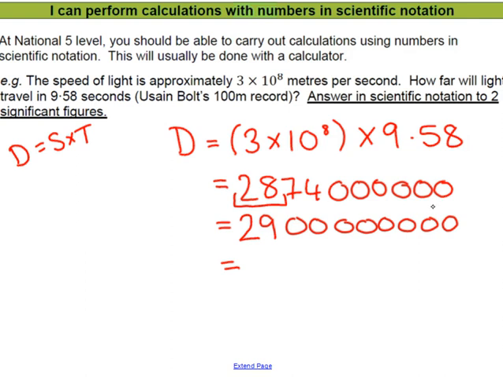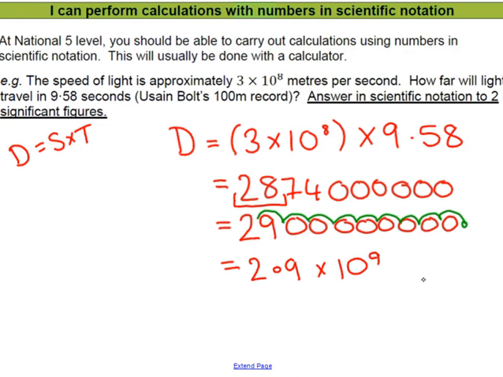So 29,000,000,000, so 2.9 billion. That is going to begin with 2.9 times 10 to a large number, or to a positive number. So remember, our decimal point began here and it's had to move once, twice, 3 times, 4 times, 5 times, 6 times, 7, 8, 9 times. So that answer is 2.9 times 10 to the power of 9,